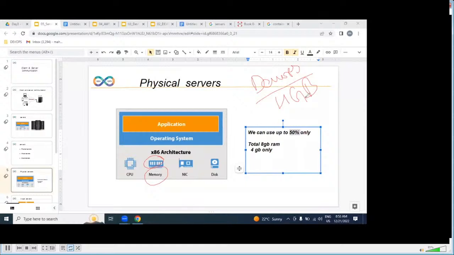So another question, please answer me. You're going to buy only 4 GB. Assume that. You're practicing DevOps well, and now you're going to practice another software. Can you immediately increase 4 GB to 8 GB? No. Within a minute, I'm asking. In your laptop, can you replace a 4 GB RAM with 8 GB within a minute? Within half a minute?